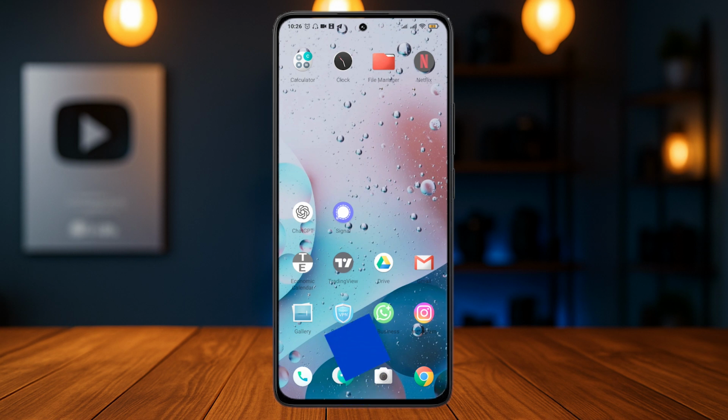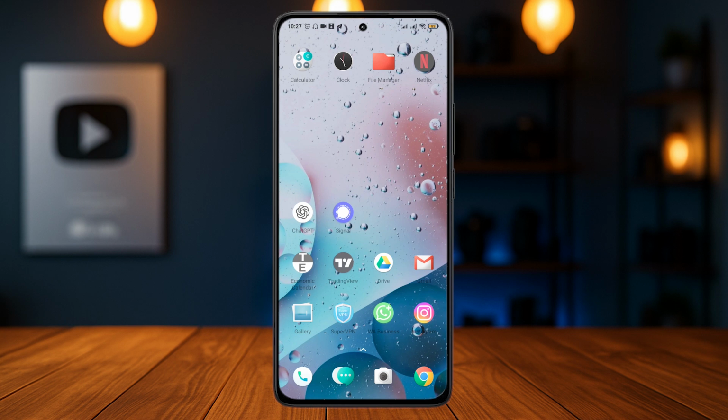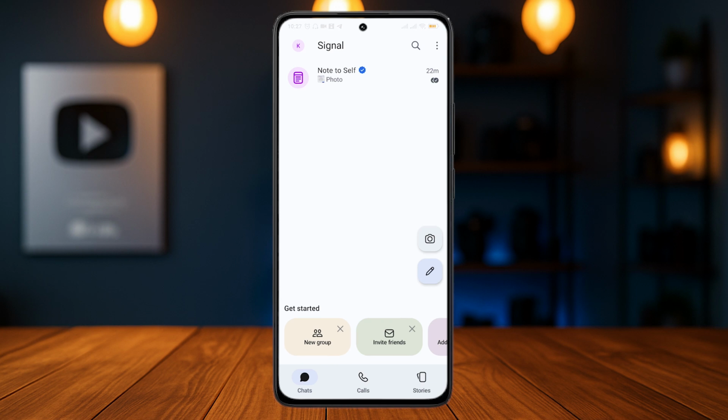Let me show you the way that you can set up the Signal pin. A Signal pin is used to recover your profile or your settings, even your contacts inside of the Signal app. You are asked to create a pin whenever you are new to Signal and whenever you register your phone number. If you don't yet have a pin registered or a pin set, the way that you can do it is